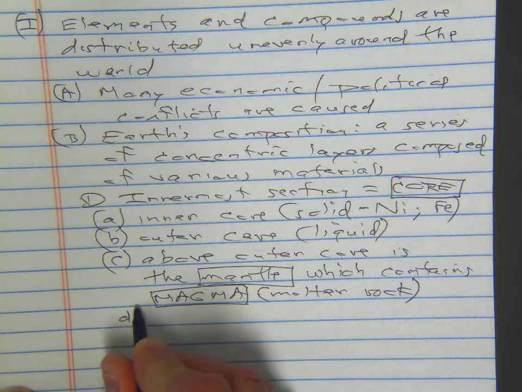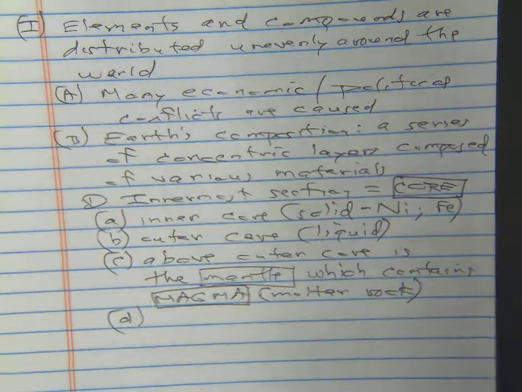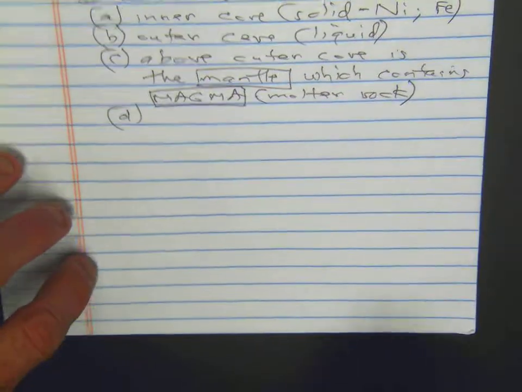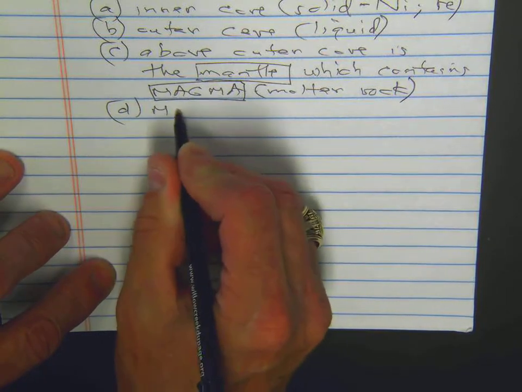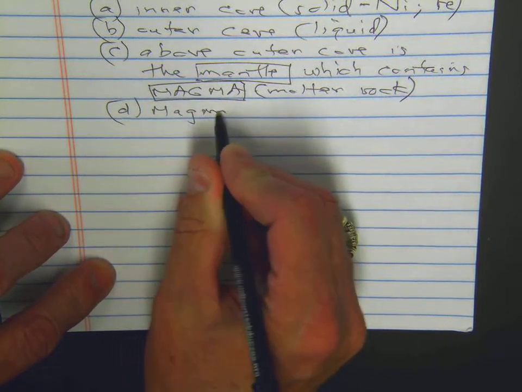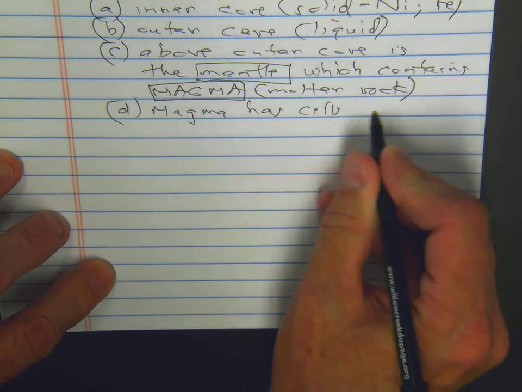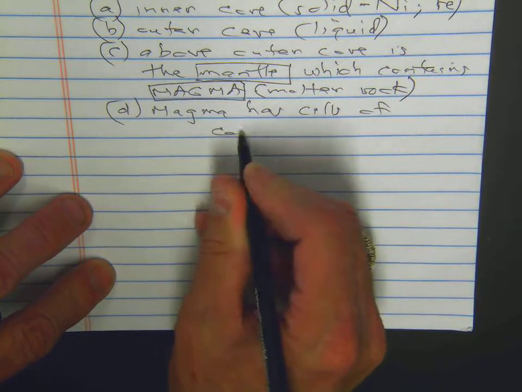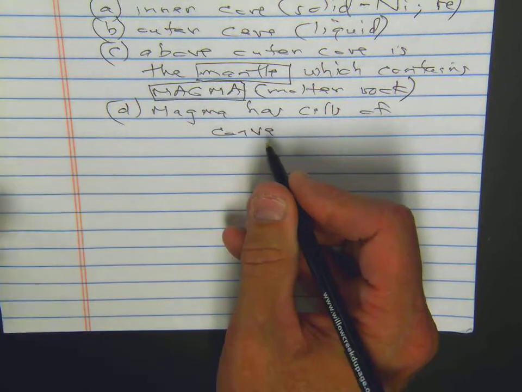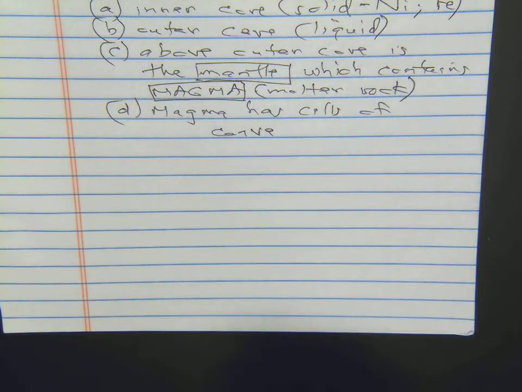One key thing to remember about the magma is that it has cells of convection. Just like we've been studying convection in water and convection in air, where hot air rises because it's less dense, cold air falls because it's denser, warm water rises, less dense,